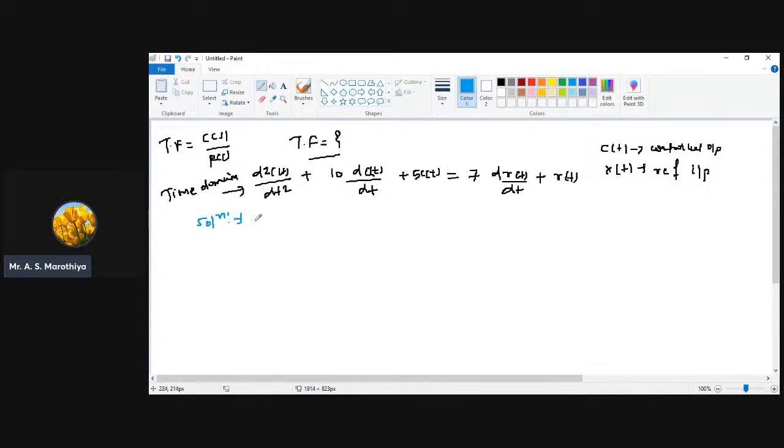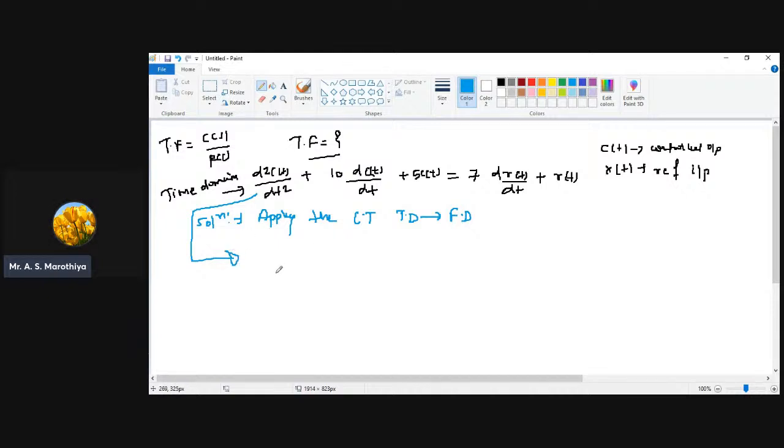First of all, we need to apply the concept of Laplace transform in order to convert this entire system or entire mathematical modeling from time domain to frequency domain by assuming all initial conditions to be 0. So if you apply this particular logic, we can find out the representation of the system from time domain to frequency domain. So d2 c of t by dt square, this we can